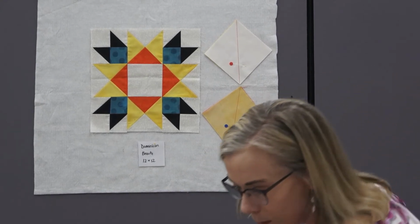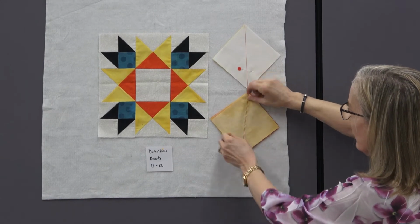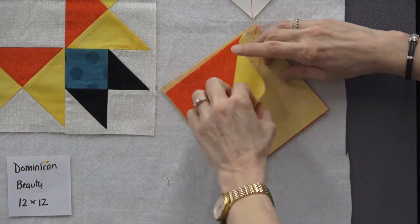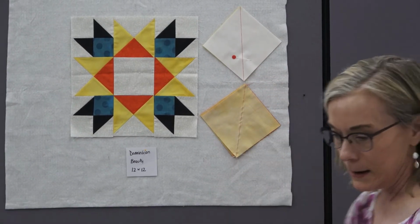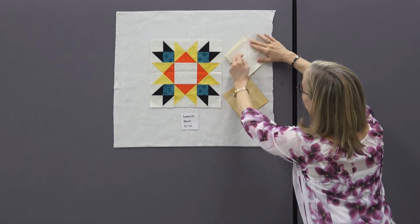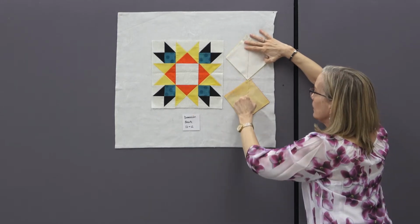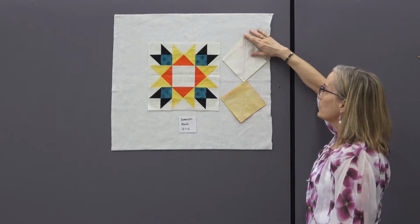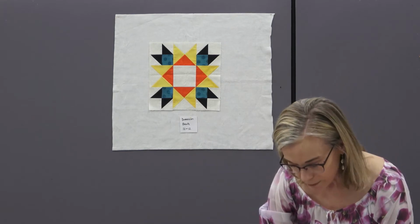You want to sew a 1/4 inch on each side of the diagonal line for each of them, and then you'll cut down the center. This will give you 2 sets of half square triangles per square. So we have 2 sets there, and then we have 2 sets of the yellow and white up here. So mark them corner to corner, sew on a 1/4 inch on each side, and then run your rotary cutter down the center line, and that's going to give you your half square triangles. You want to press your half square triangles open